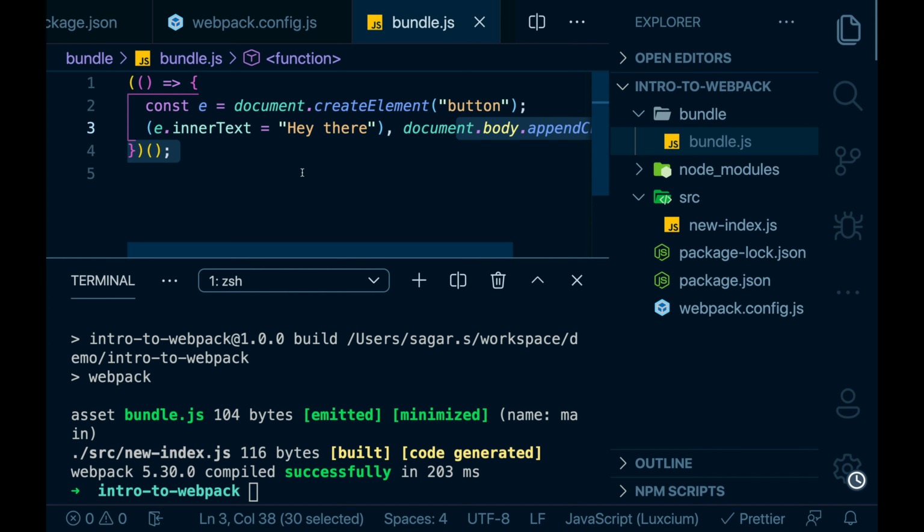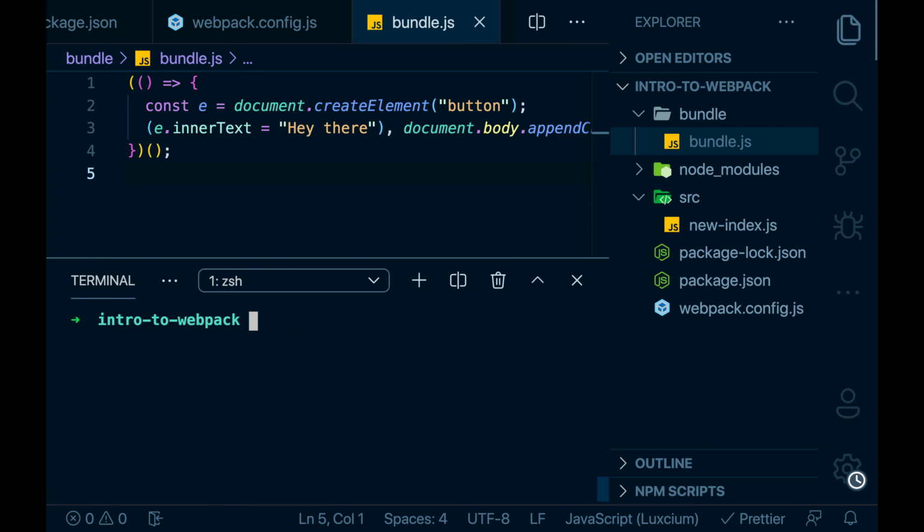Let's run this bundle.js file in the browser. To do that, we will install a new Webpack plugin, that is HTML Webpack plugin. I'll say npm install -D. Note that we need to say -D because it's a dev dependency, html-webpack-plugin.